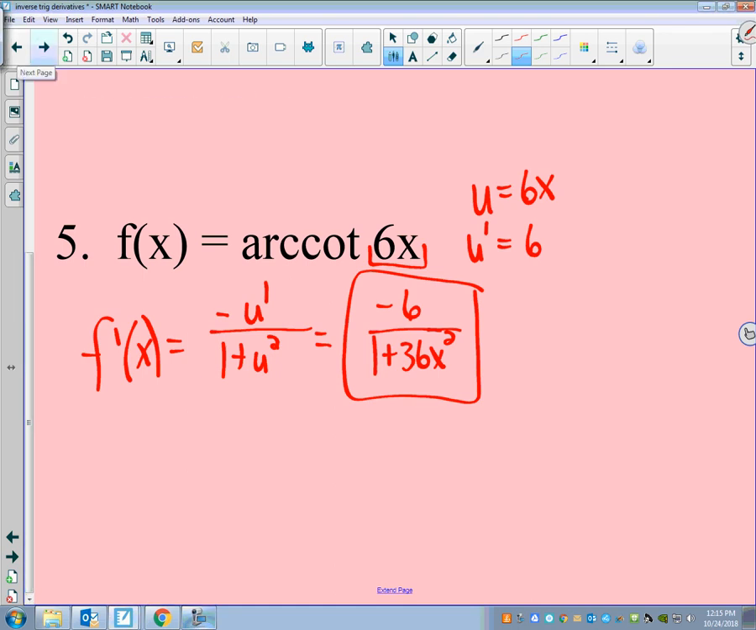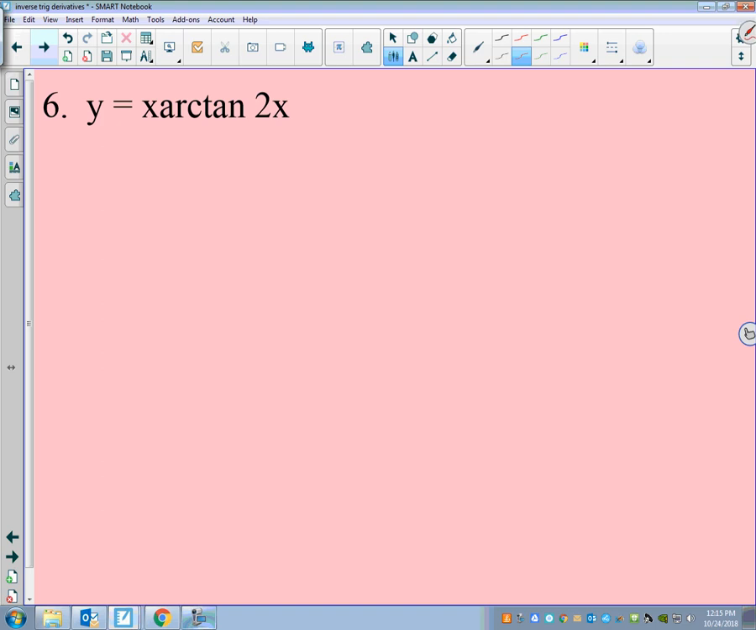Let's do a couple more. What about this one? x times arctangent of 2x. That is 2 functions multiplied together, which means I have to do the product rule here. Yes? So the product rule would be, this is my first function, this is my second function. So the derivative of x is just 1, so that's times arctangent of 2x, plus, leave the x alone, and